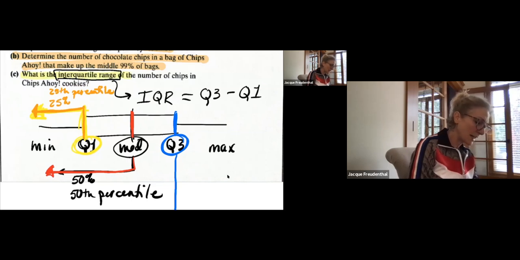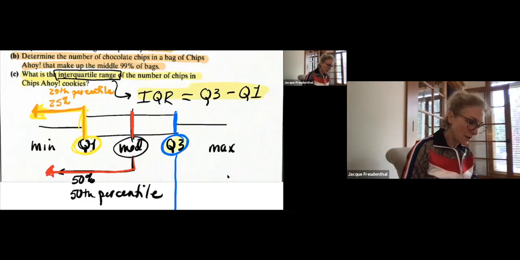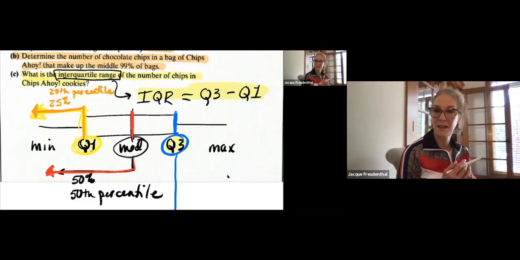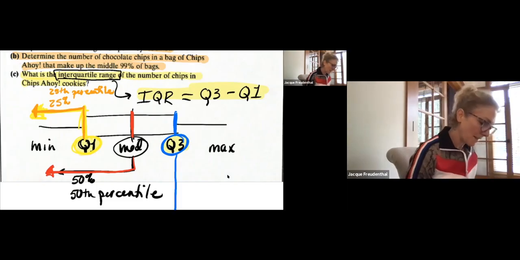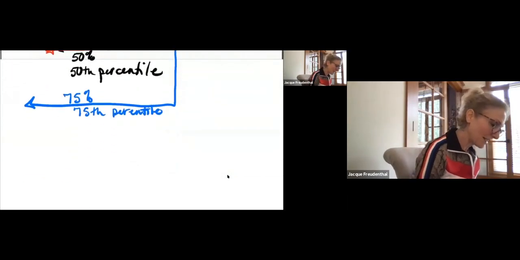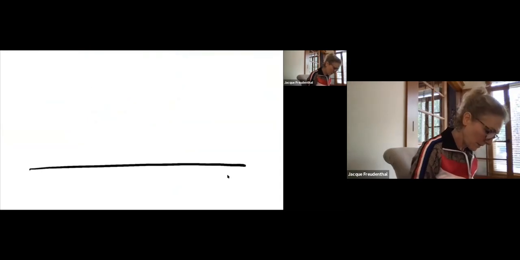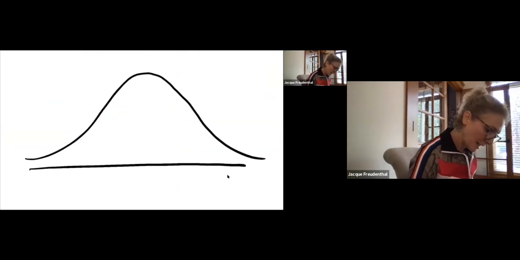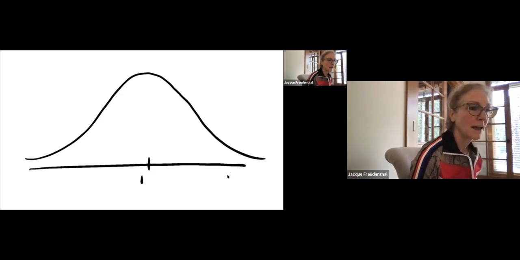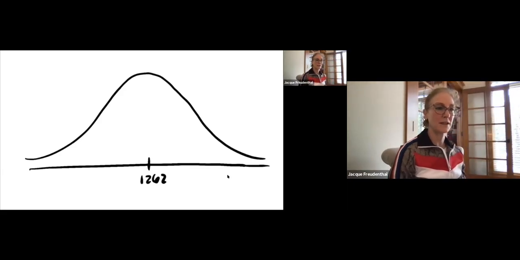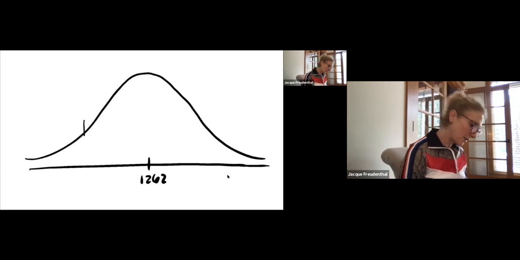What is the interquartile range? So for this interquartile range, we need to know the value of the third quartile, we need to know the value of the first quartile so we can subtract them. So that's where we're headed. So let's draw some diagrams. So here's your Chips Ahoy. We've got the 1,262 for the mean. I'm not going to put the standard deviation scale on yet because I don't know where that is, but I do know that 0.25